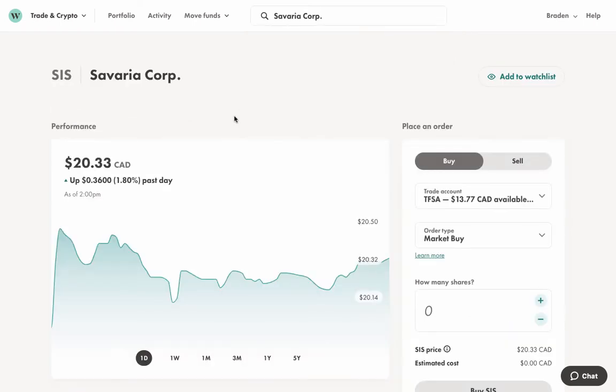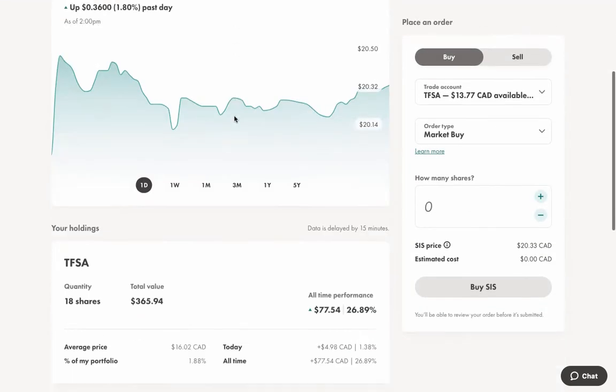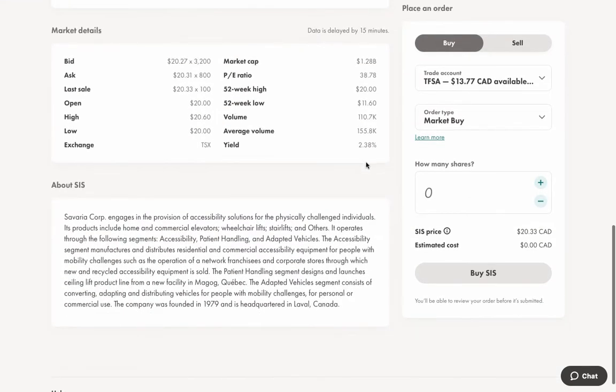So SIS, if you're not familiar with them, it's Savaria Corp. We can come down here and just get a quick little look at a little bit about what they do. They make wheelchair accessible lifts and things like that. Anyways, they have a relatively small yield of 2.38%, but it has a high growth. So this one will grow faster than a lot of the other stocks that I have in the account,